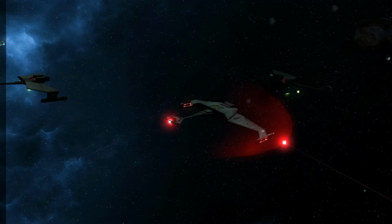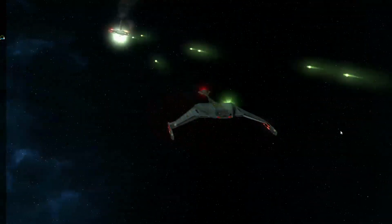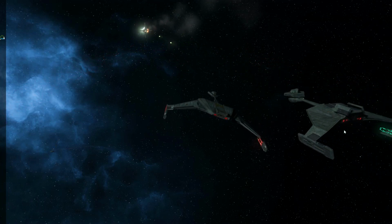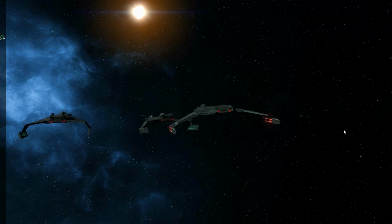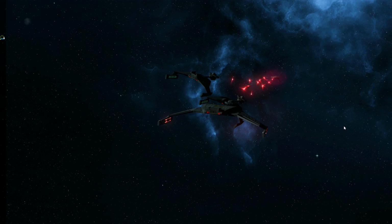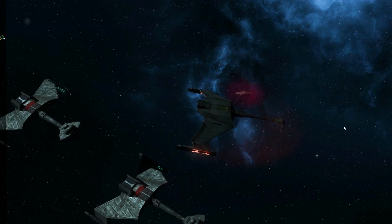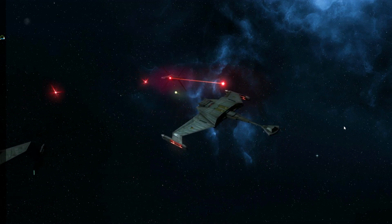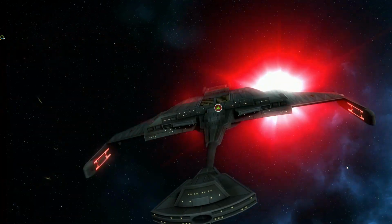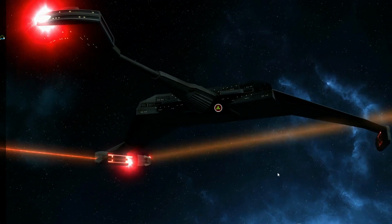Alright, so the Predator class D4 doesn't have the firepower or the abilities of, obviously, the D7. The Predator class has a length of 205 meters, height 45, width 130, a weight of 84,600 metric tons, warp 7, warp 8, and a crew of 305. It has no troops or passengers on board. The D4 pioneered the non-standard command pod forward design. Having performed well, this class of ship now serves